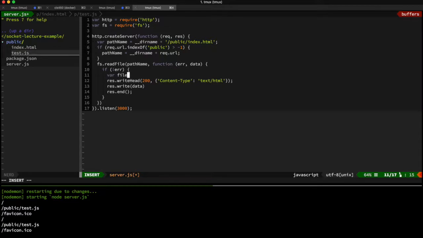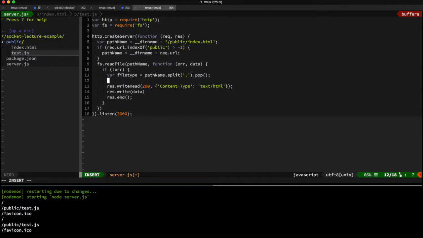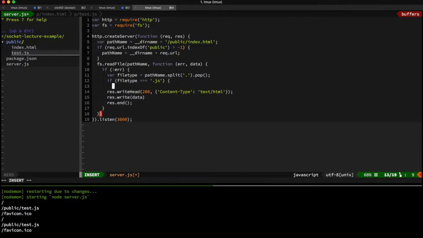We're just going to say var fileType is equal to pathname.split.pop, which is just going to get us the last part of this string here. So if fileType is equal to .js, we're just going to set it equal to JavaScript,